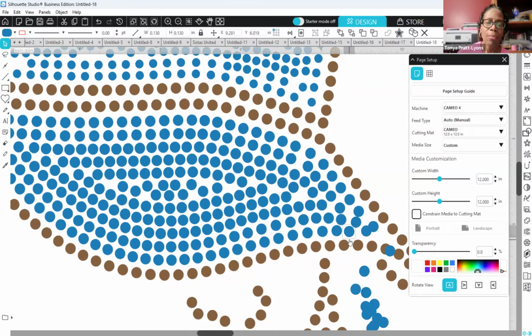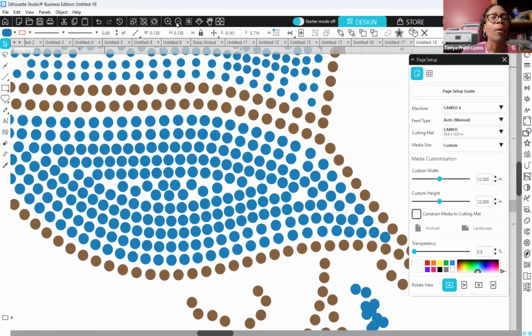So I'm going to move that one out of the way, and I'm just going to manually, while trying to keep these on the line as best I can, shift this one up a little, and I can fit that one in there like that. And then I can come in here and move that. And do I have any others? And I can add another one here, and I might be able to add one more right there. Okay, so now we've filled in that area a little bit more than what we had